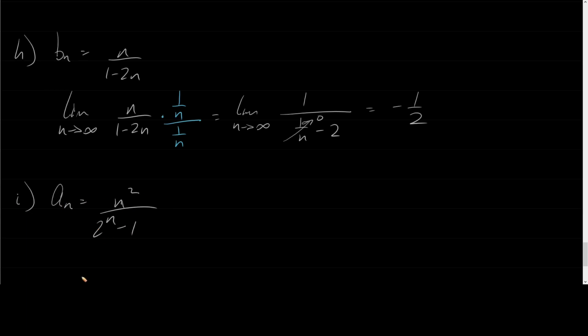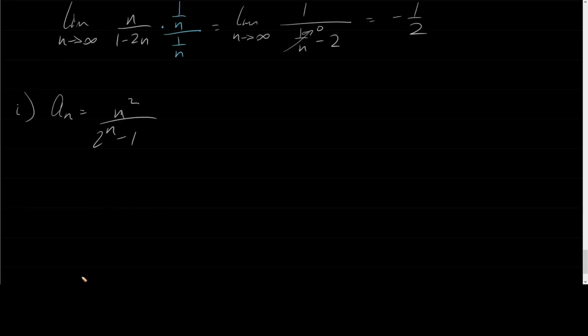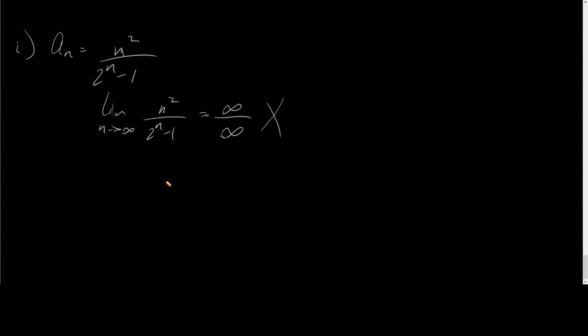So I have n squared over 2 to the n minus 1. Now in here, let's see what happens when I take the limit. If I take the limit as n goes to infinity of n squared over 2 to the n minus 1, well, I end up with infinity over infinity, right? N squared, so infinity squared, infinity. 2 to the infinity, infinity, minus 1, infinity. That's indeterminate. So we know that a way of going around indeterminate form, but we must first change this to